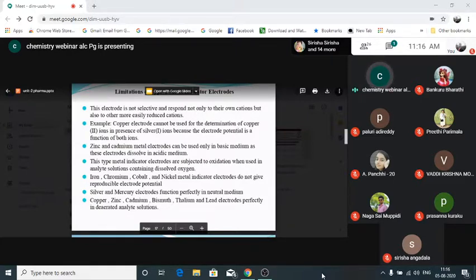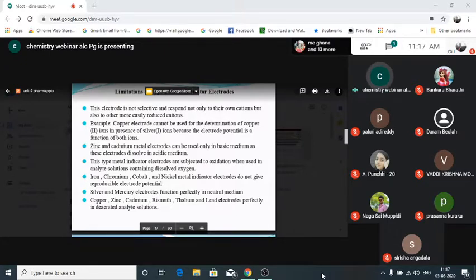So copper ions, what will happen? Ions cannot form a rod. So simply those copper ions will enter into the solution. So there is no question of a copper rod visible to your naked eyes. And finally, you cannot get any potential, and you will be unable to find out the concentration of copper ions in the given copper sulfate solution.